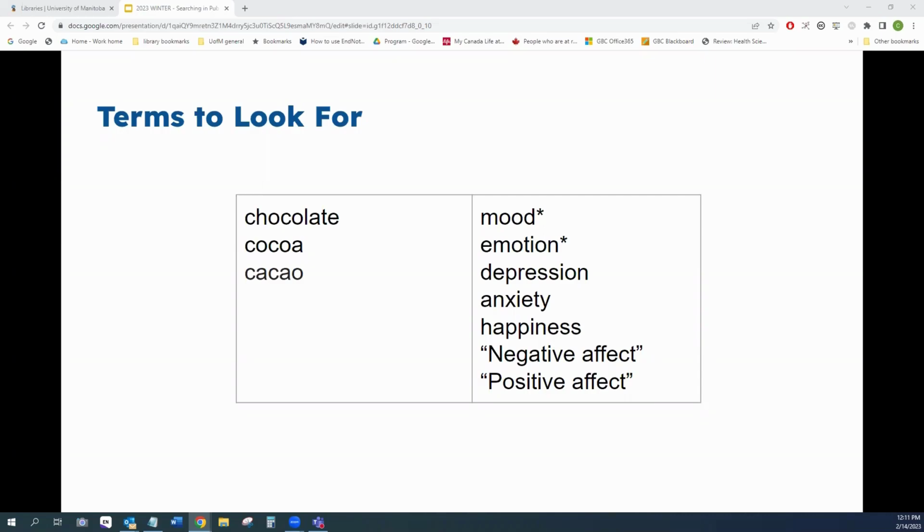I've also got some phrases, right? So negative affect and positive affect. In the psych lingo, they talk about affect instead of mood. So when you have more than one word, negative affect or positive affect, to look for that as a phrase, you need to put it in quotation marks, right? Otherwise, it's going to look for negative and it's going to look for affect, but it's not going to look for them necessarily beside each other, right? So some different things can happen. And I'm actually going to demonstrate the difference, right? So you're thinking, that seems weird,